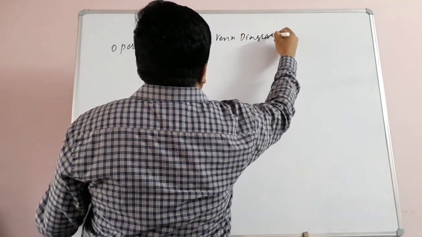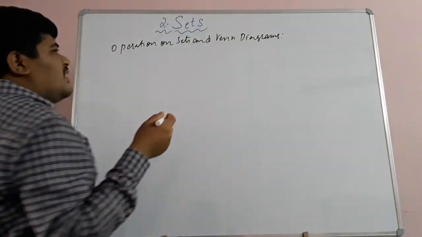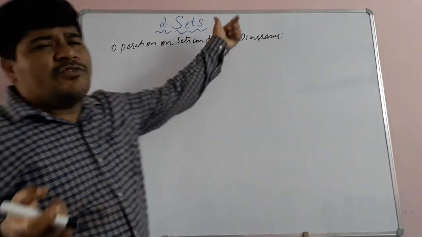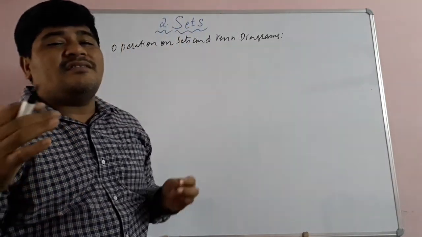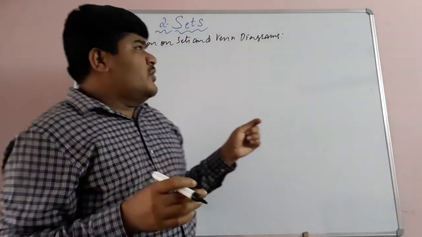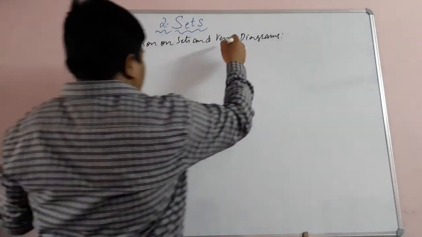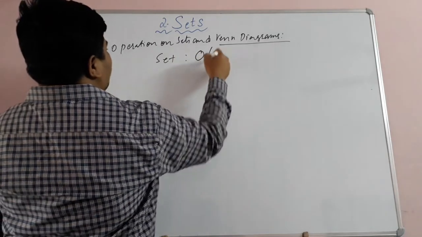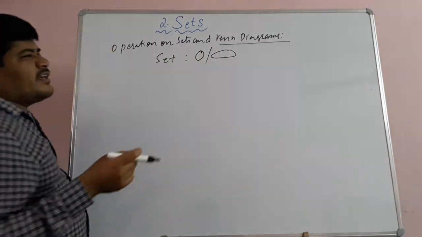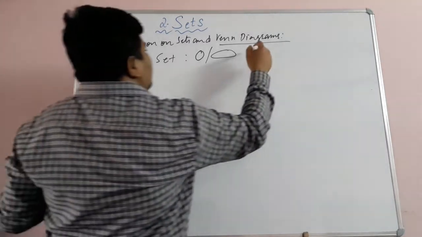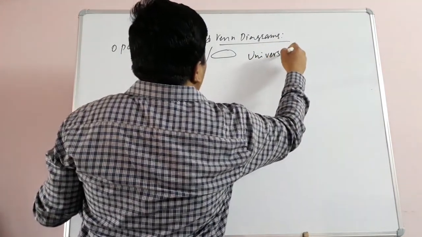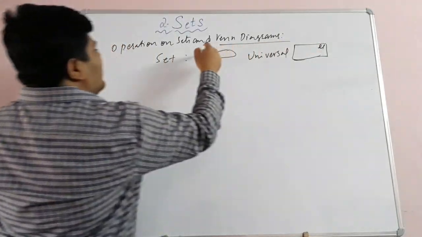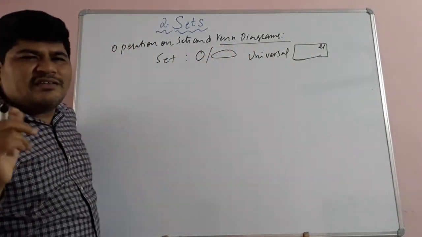So children, there are different types of operations on sets, and the diagrams we use for operations of sets are called Venn diagrams. A Venn diagram is used to represent sets. We use a circle or oval symbol for sets, and universal sets are always represented with rectangles. This is mu. And circles or ovals represent sets, children.